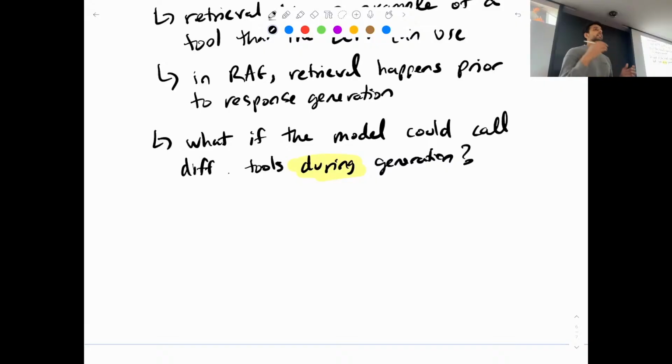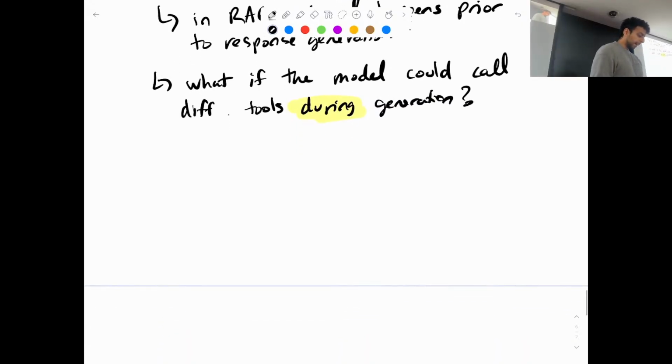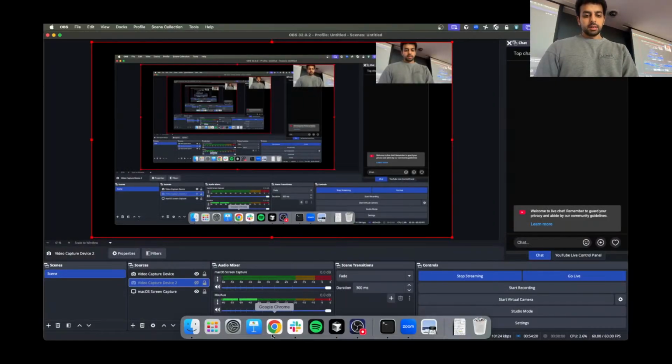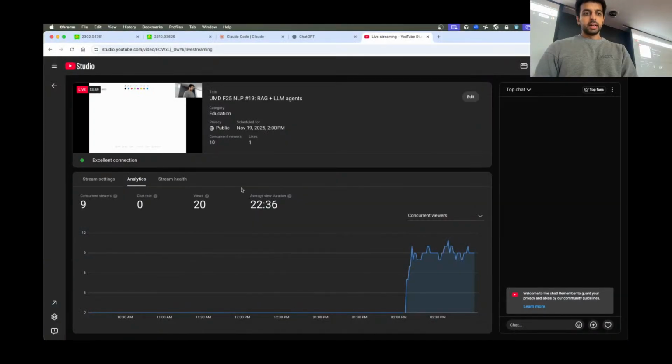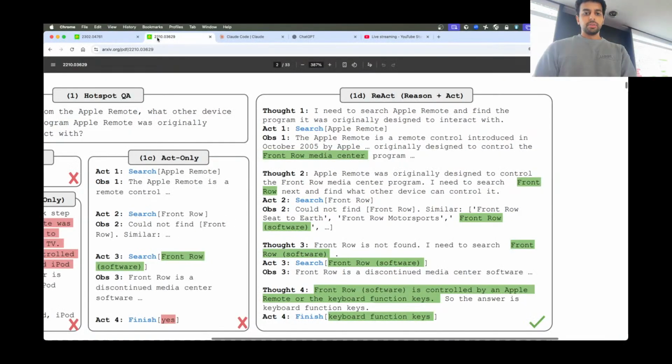So here, instead of just doing your tool call, like retrieval at the beginning, here we're going to let the model decide when it needs to use a tool. So for this, maybe I'll switch over to the browser here, and I wanted to show you